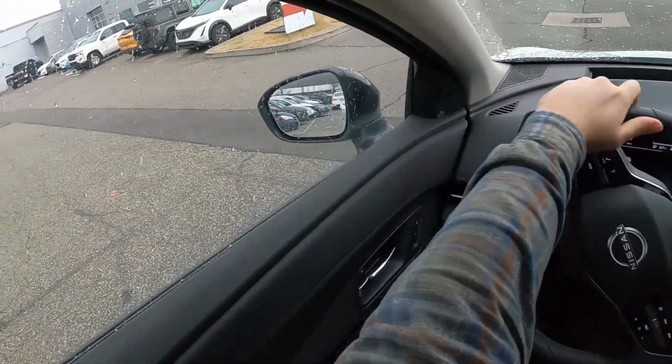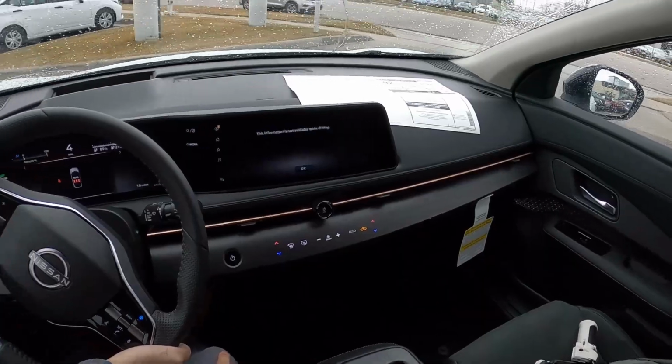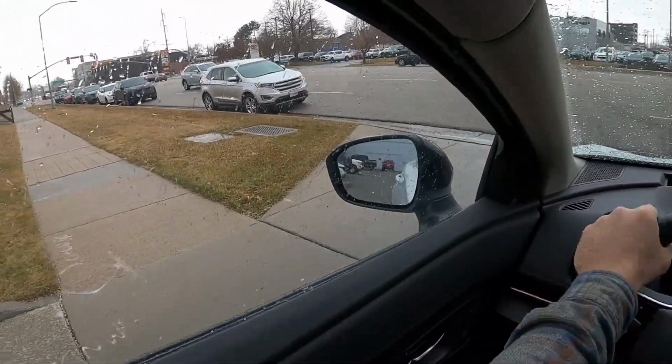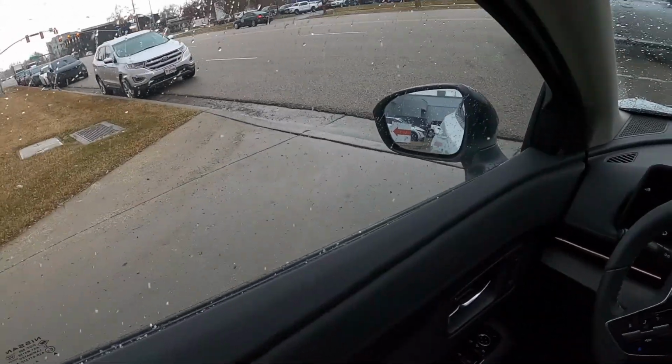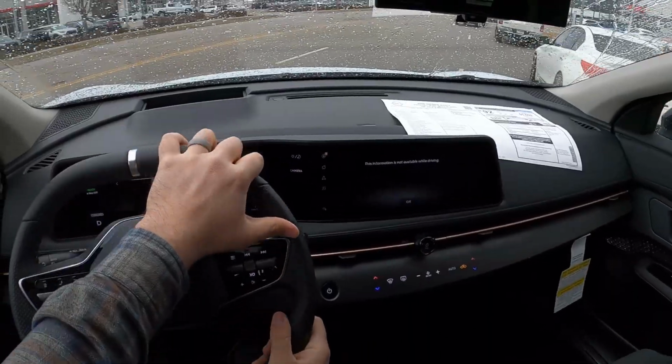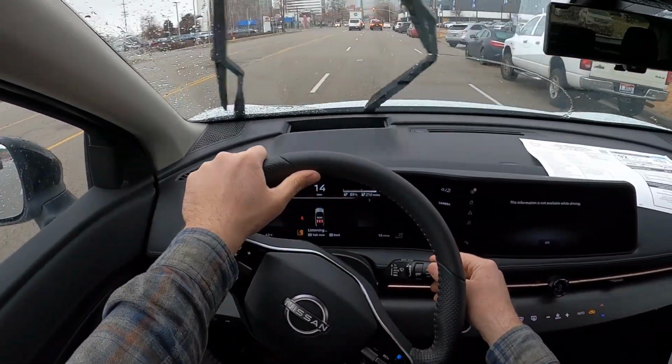Now, I'll say the Ariya is actually a pretty impressive EV. You can call it Nissan's Tesla in a way, right? It's the Model Y competitor. I think there's a lot to like about the Ariya. First off,